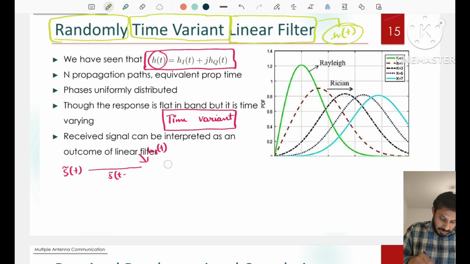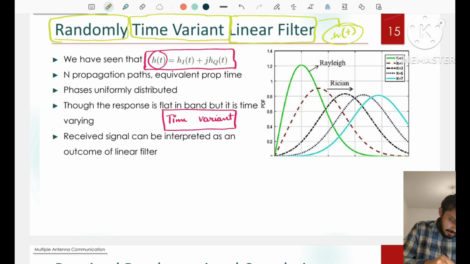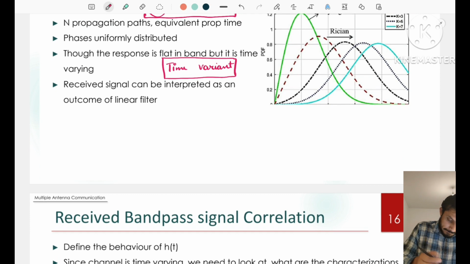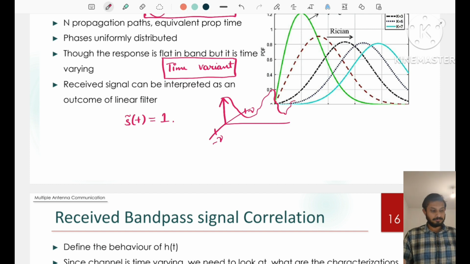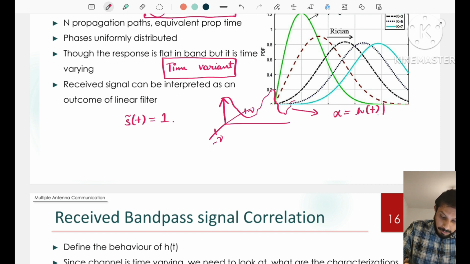Next, since we are passing s tilde of t to be 1, the magnitude of s tilde of t, this is the band of frequencies, and the magnitude of s tilde of t is varying with time. And to capture this amplitude, we said alpha is equal to the mod of h of t, where this envelope can be Rayleigh distributed